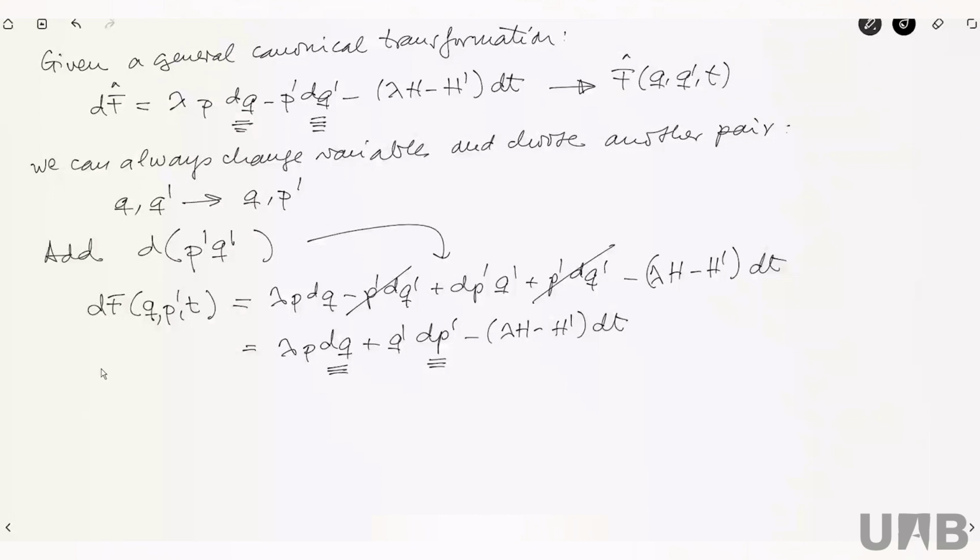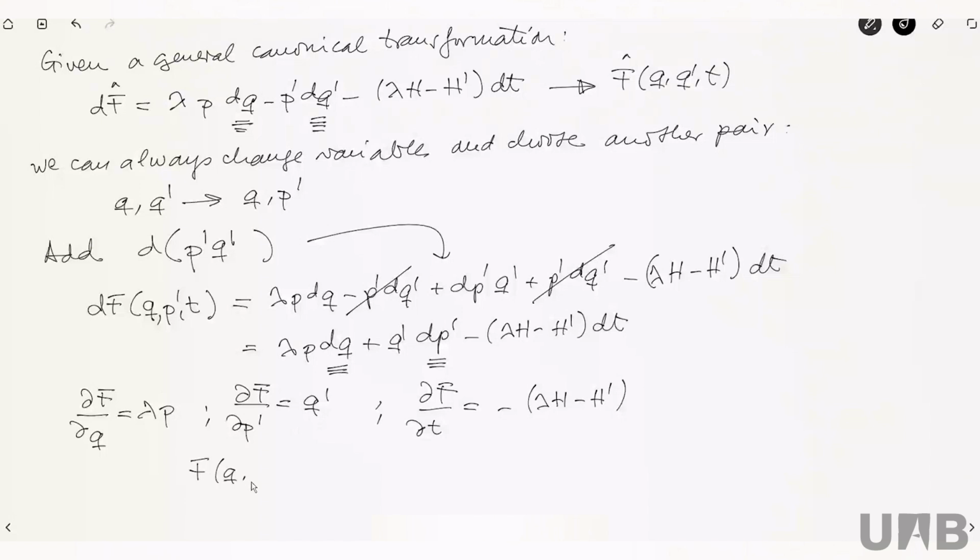Now this new generating function is such that df/dq equals lambda p, but df/dp prime equals q prime. Then df/dt is minus lambda (h minus h prime). That's the same as in the previous case, and the f hat, but this one has changed, of course, because I changed variables. Now, this f of q, p prime, and t is the right one